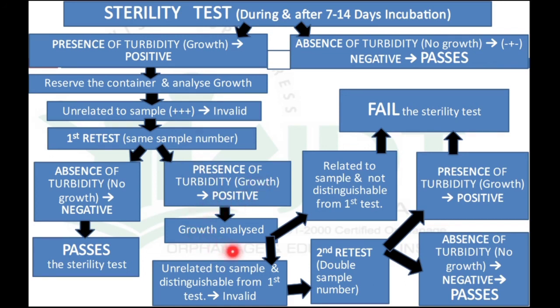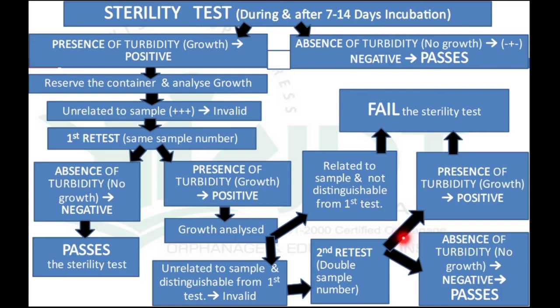Again we have to analyze the growth of the first retest, and during the analysis of growth, if the microorganism is related to the sample and is not distinguishable from the microorganisms present in the first test, the sample is considered as failed the test for sterility. If it is unrelated to the sample and it is distinguishable from the first test, the first retest is known as invalid. So again we have to perform a second retest with double the number of sample containers,